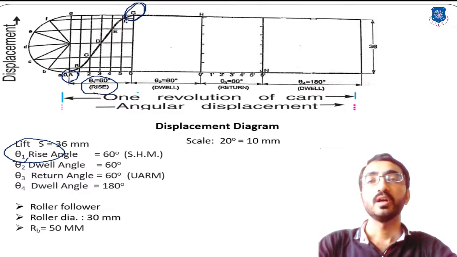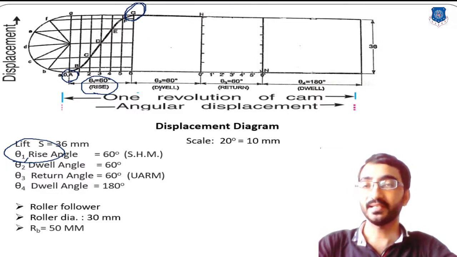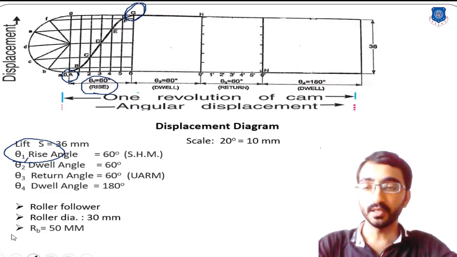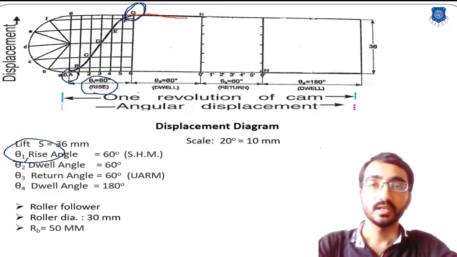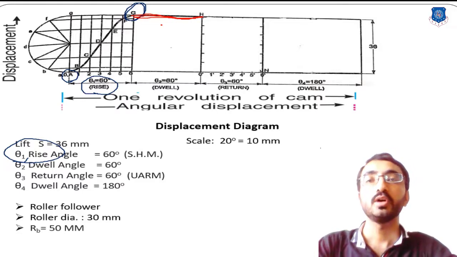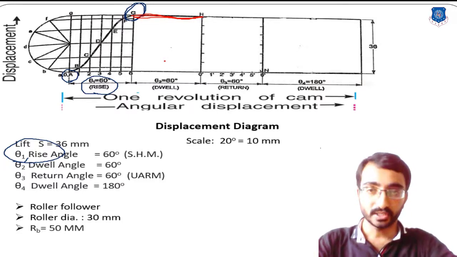Okay. Now next one, that is theta 2 phase. Theta 2 is 12, and we know that during the 12 period your curve will be simply a horizontal line. So for the 12 period, connect your G to H point, that is representing the 12 period theta 2 for your follower motion. Now theta 3, return stroke.